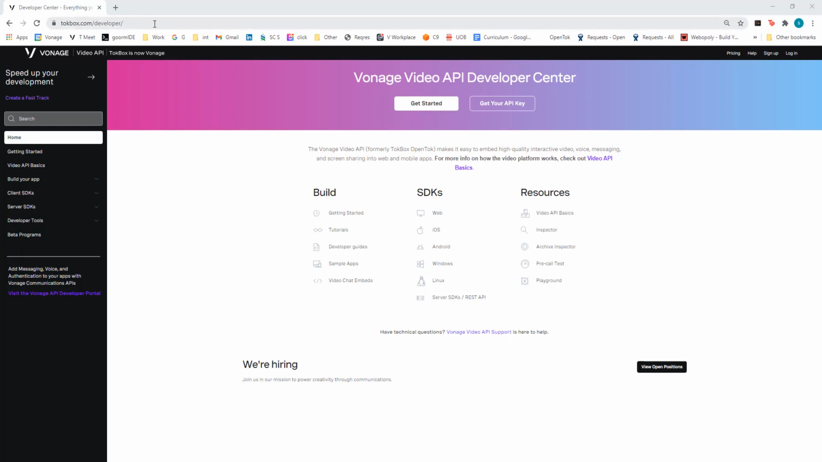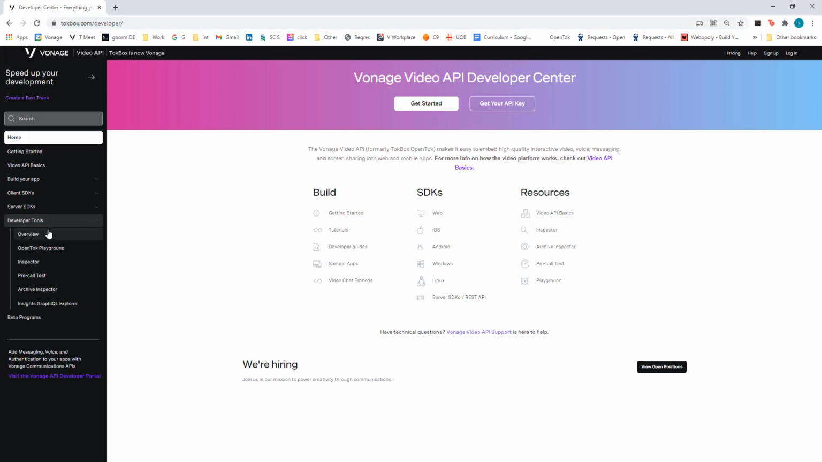We start off on our developer docs, docbox.com/developer, and under this page you have the developer tools. The developer tools is a suite of tools that you would need to troubleshoot your video sessions. We're going to look at one of those tools, which is the inspector tool. So click on inspector,